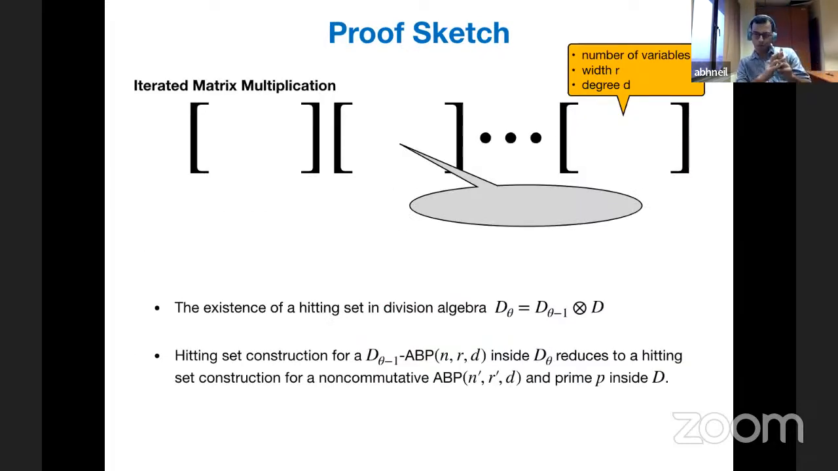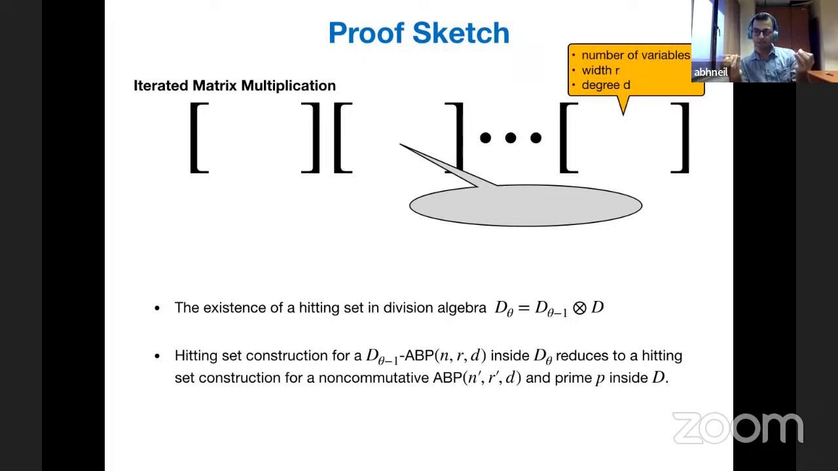So now the problem that we have is this division algebra ABP, and we want to construct a division algebra hitting set. The first question is: does there exist such a construction? Even existence can be argued. So what we can show is that, if you take the tensor